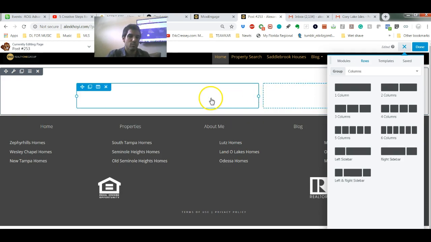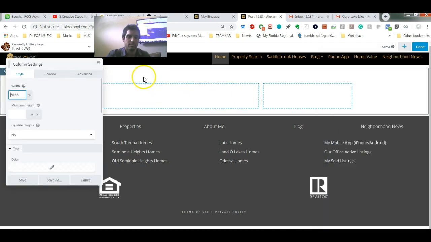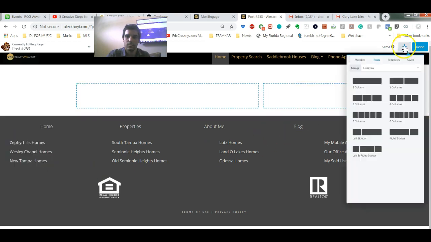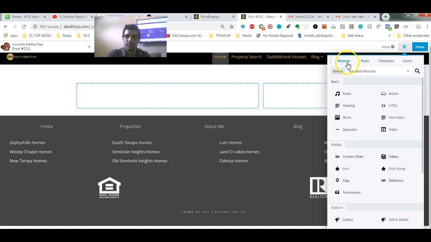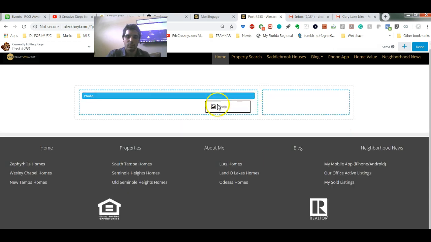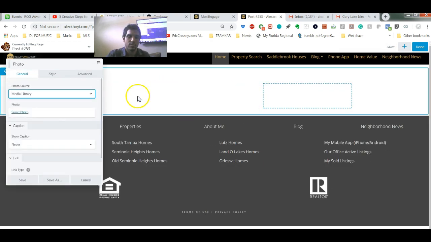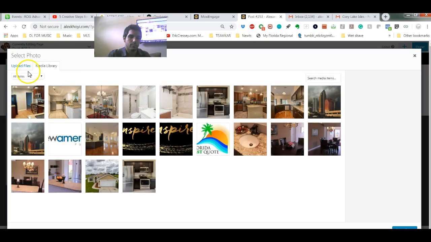So now I have 2 boxes to put my stuff in. If I click on this guy, actually I'm sorry, cancel. I want to drag a photo into this module, this little box. I have some photos already here in my Moxiworks library. So I'm going to go ahead and pick